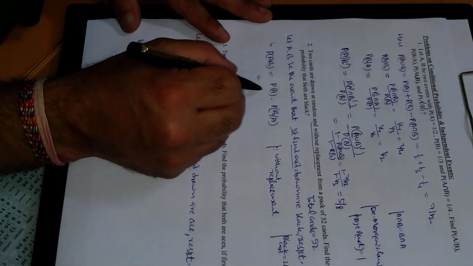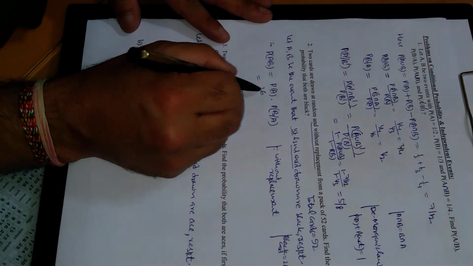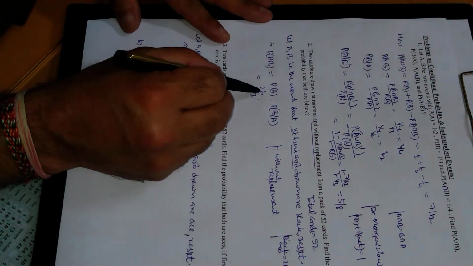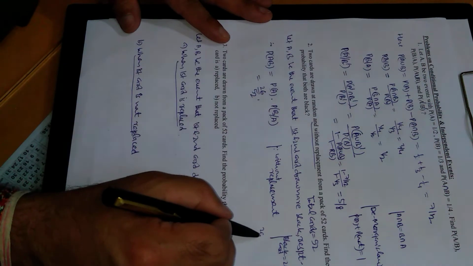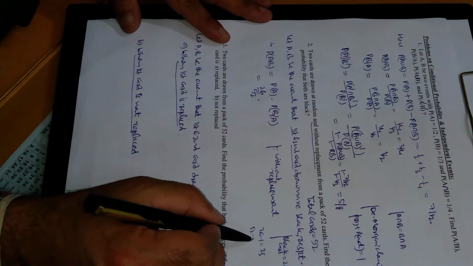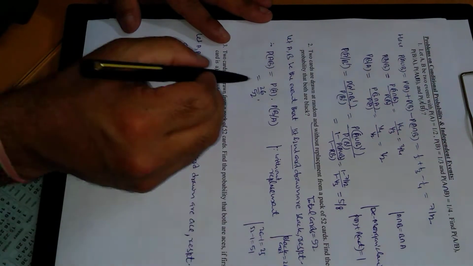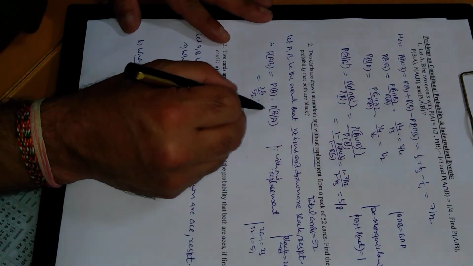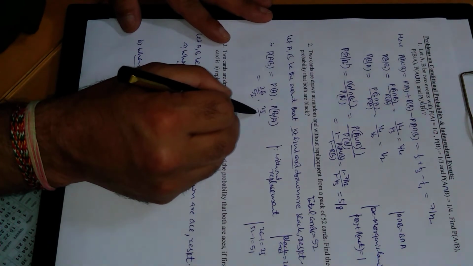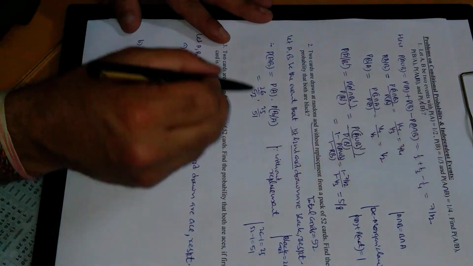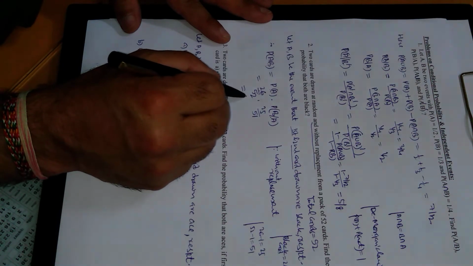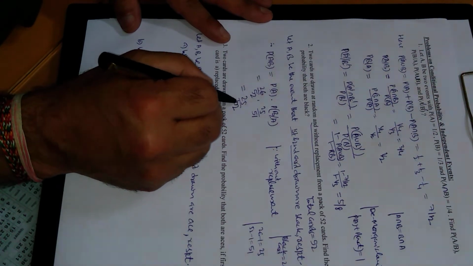Probability of A: favorable outcomes are 26 and total outcomes are 52. All right. Now the card is without replacement. One card has been drawn. So 26 minus 1, black left 25, and total cards 52 minus 1, left 51. So the favorable outcome for the second card drawn black is 25 and total cards now left are 51 because of without replacement. And on simplifying, this will come out to be 25 by 102.